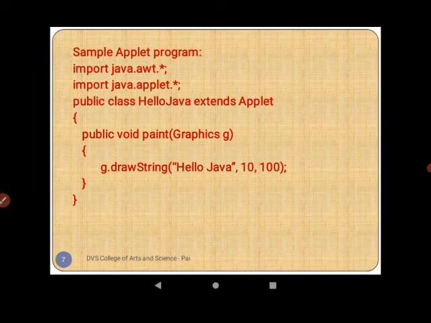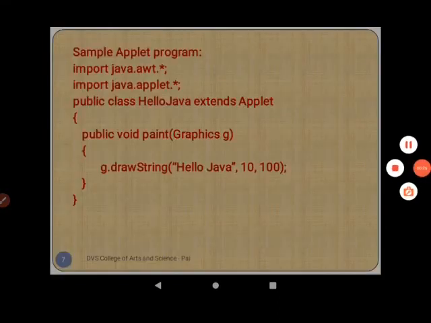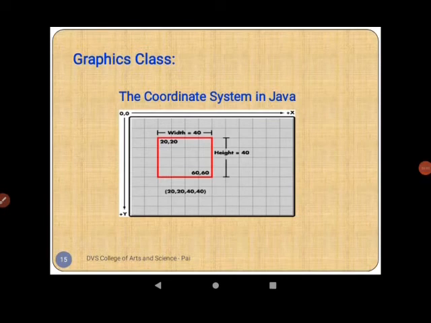In this statement, you can see that we are using small g, which is an object for graphics class. Now we can use the drawString method of the graphics class by using its object g, that is g.drawString method. It takes three arguments. First one is the string itself within double quotes, then x coordinate and y coordinates respectively. In this case, x coordinate is 10 and y coordinate is 100. To understand the output of this program, you need to have a look at the coordinate system.